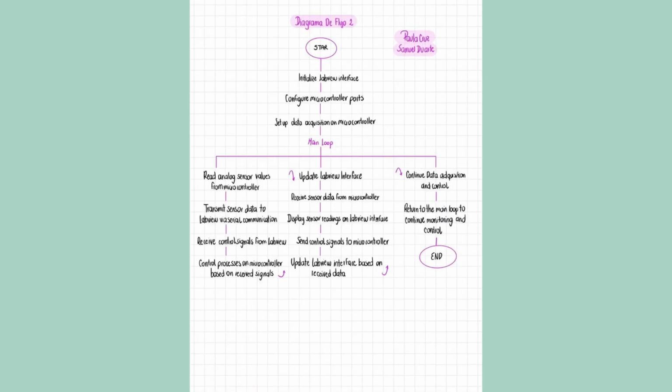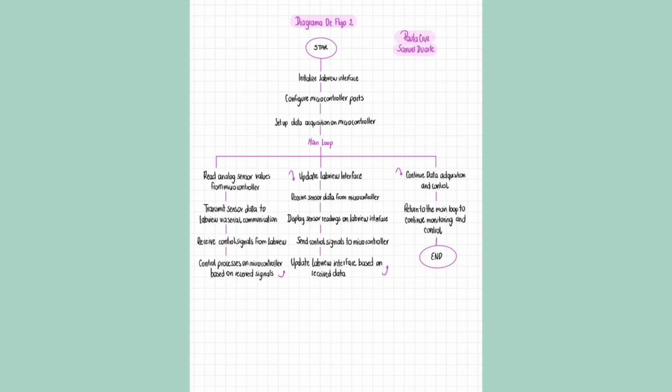The second flowchart: start, initialize LabVIEW interface, configure microcontroller ports, set up data acquisition on microcontroller. The main loop: first read analog sensor values from microcontroller, transmit sensor data to LabVIEW via serial communication, receive